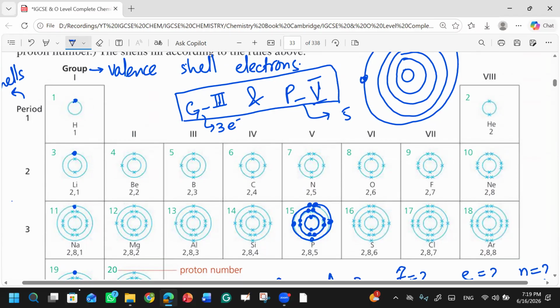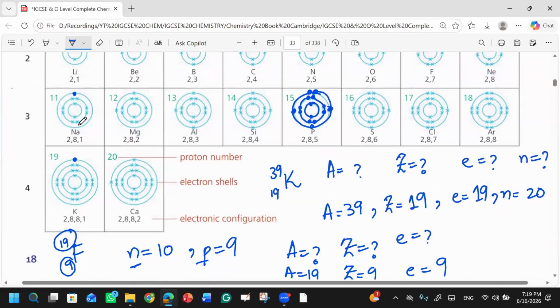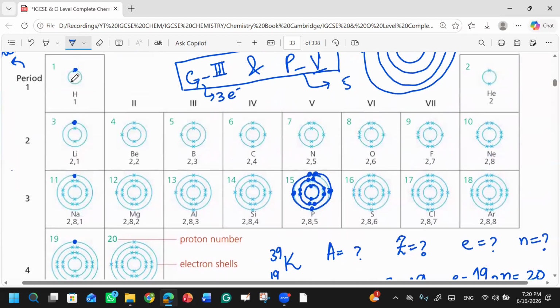Basically, I told you how we make groups: on some similarity basis. So what is the similarity in hydrogen, lithium, sodium and potassium? The similarity is that they all have one electron in their valence shell, right? Now, listen carefully: the number of electrons in the valence shell tells us how the elements will react. For example, if